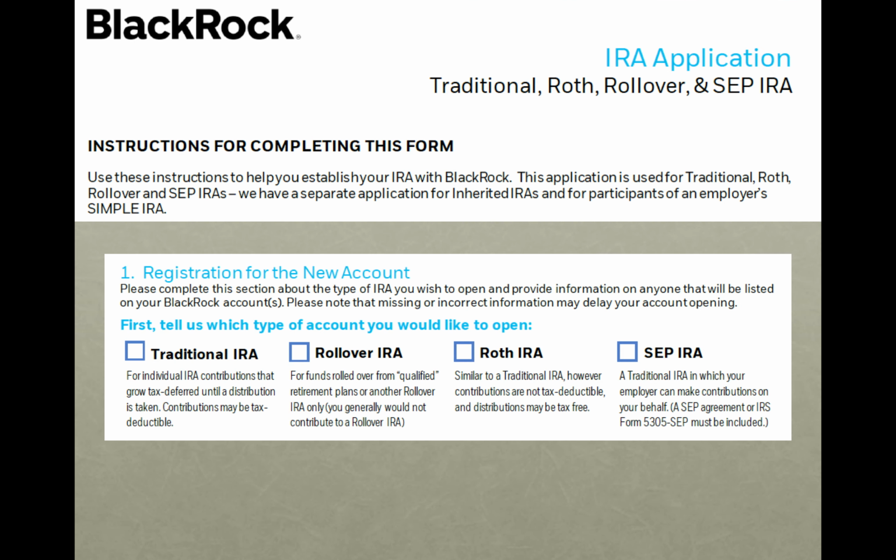How do you do that? Well, it's done on the IRA application. For example, here is one from BlackRock. It says traditional IRA and then rollover IRA. And basically, a traditional IRA account is something you make contributions to, as seen here, and rollover from qualified retirement plans and the like. They have one here for a Roth IRA. Interesting enough, they don't have a rollover Roth IRA. There are Roth 401ks, so I'm kind of surprised at that on the form.